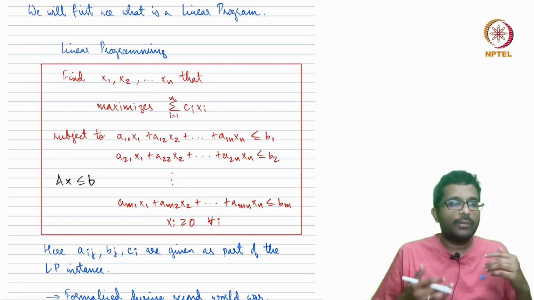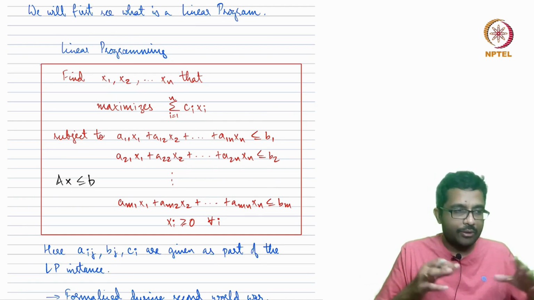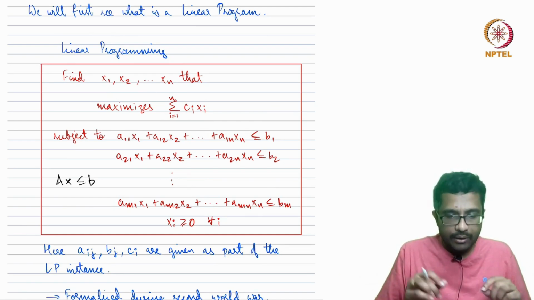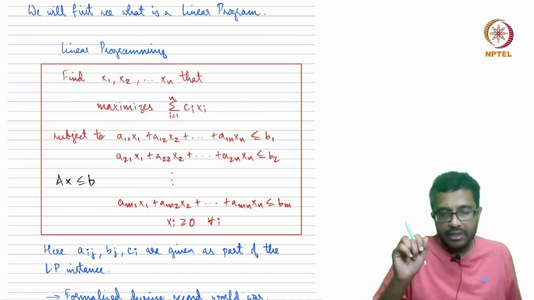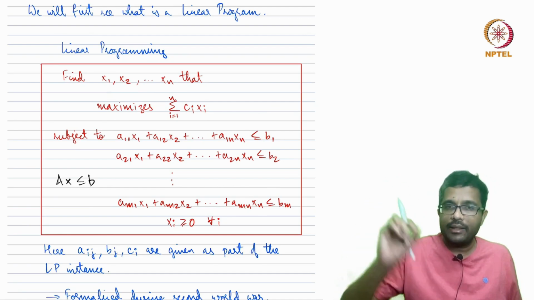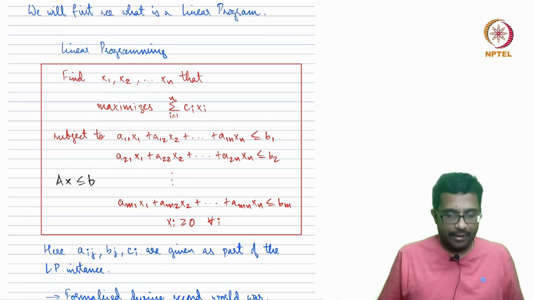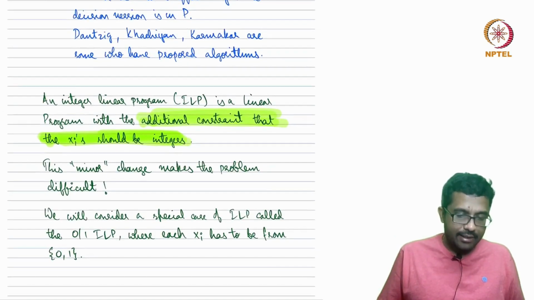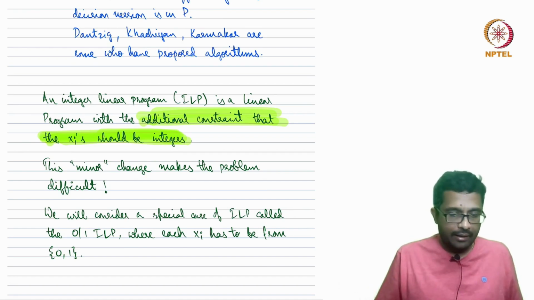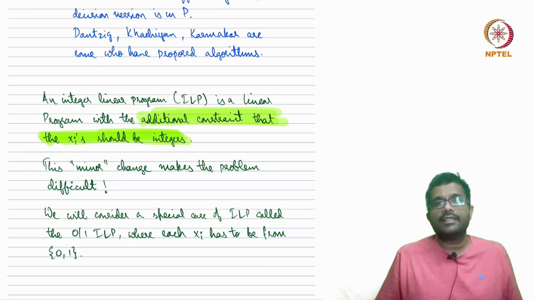One may think that restricting to integers reduces the search space and makes it simpler. No, it actually reduces the flexibility because it's more constraints and you don't have the smooth range where you can change the xi. So this additional constraint changes the whole situation, and we'll see that it makes the problem